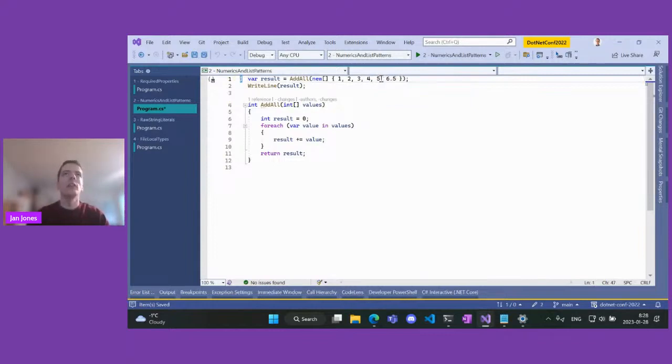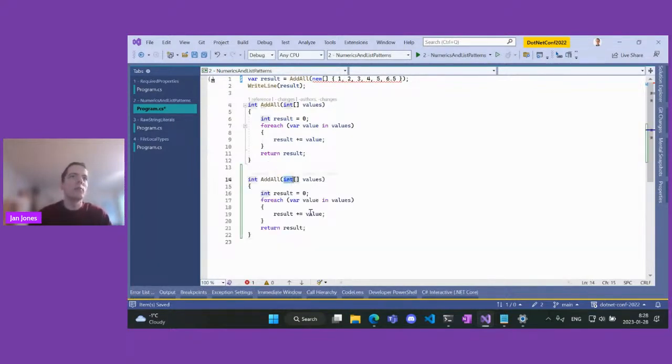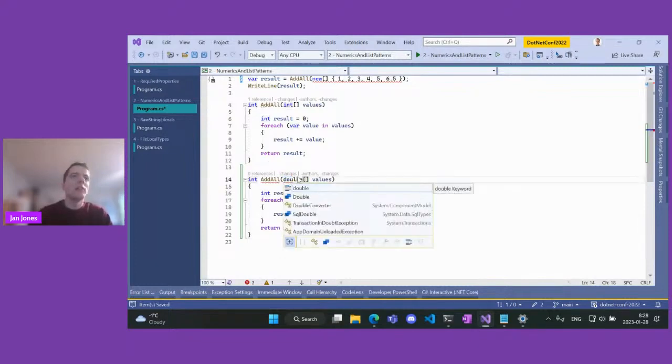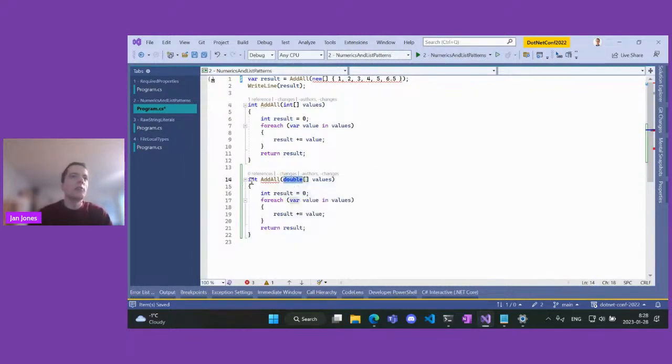I would want to pass a double, so this would be an array of doubles, but I cannot use this algorithm. So the typical way to do this, even for example in the standard library in .NET, when there are numerical algorithms and we want to support more types, we would just copy paste the function, and just change the type everywhere, like this, for example.